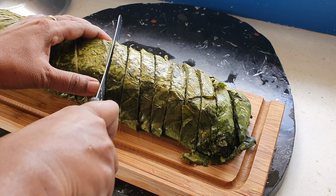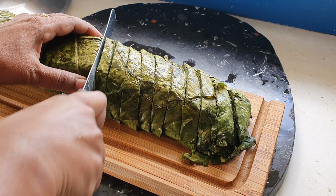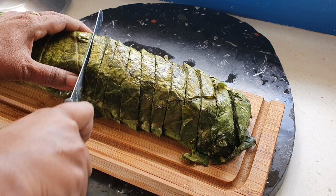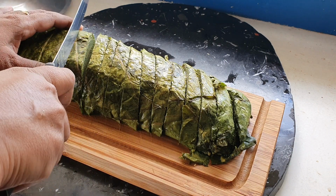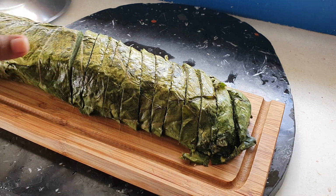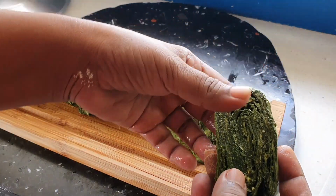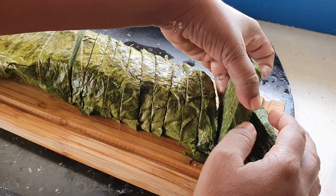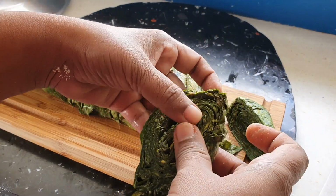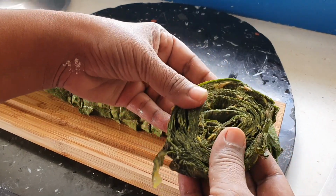I'm actually cutting mine on a slant or a bias and giving it a little pull apart and opening it up a little bit. And the reason for that is because as the leaves were steamed and then even frozen, it stuck together and came really close. Now some people like that. I am just opening it out and trying to shape it up and make it look a lot more pleasing to the eyes. And then I'm going to apply the paste on both sides of the slice and fry it